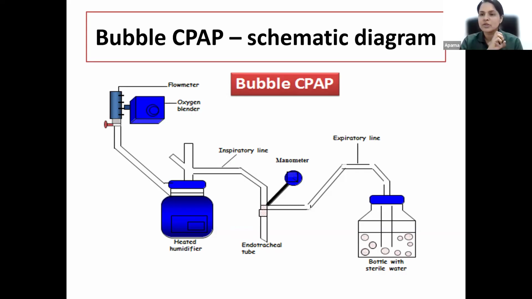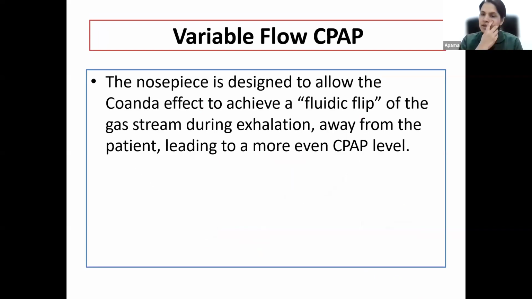So this model is called a constant flow CPAP device. You have another model of CPAP, which is called variable flow CPAP. This enables us to use different flows during inspiration and expiration. How is that possible? In an example of a variable flow system, which is called the infant flow driver, this is